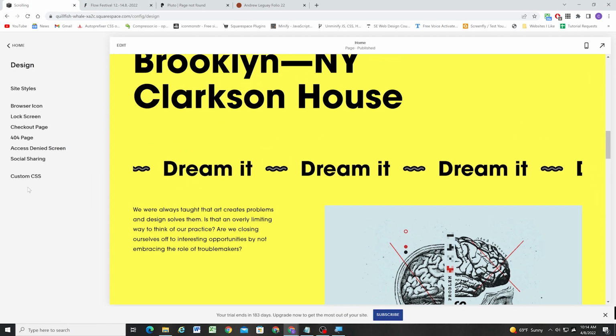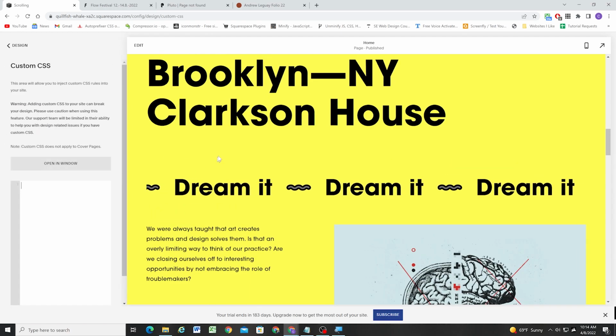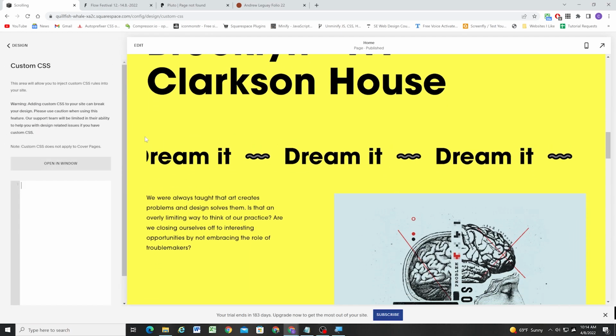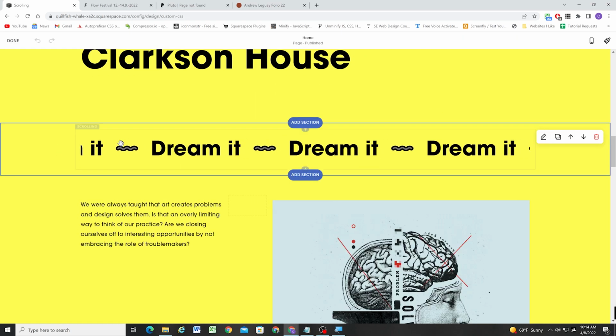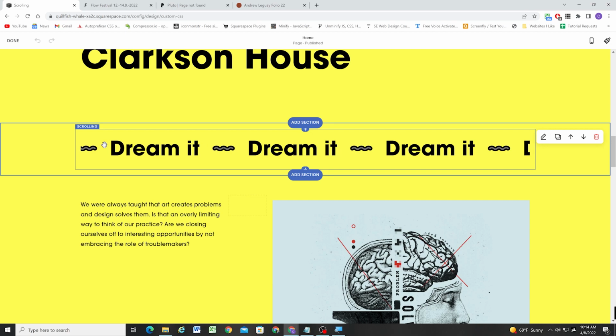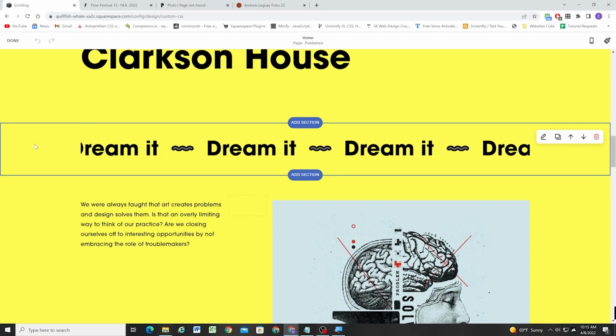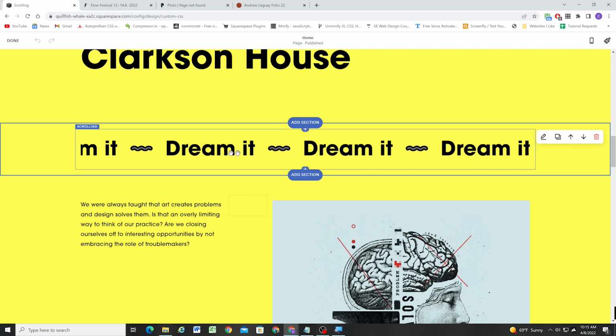I'll need to go ahead and go to my custom CSS window. And the first thing I'm going to do is I want to limit my CSS to just this one section, because we're not affecting the scrolling block itself. The CSS that we're going to be adding is targeting the section and removing the padding, which limits the width